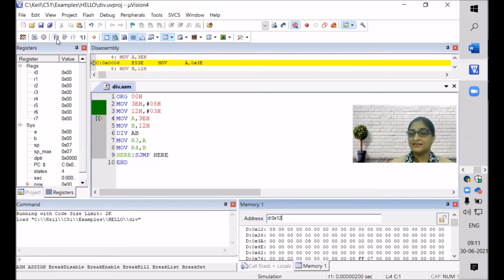Now we are moving this data towards A and B. So here you can check accumulator is having 08 because we have moved from RAM location to accumulator. Next step will be 03 in register B. Move from 12H location to register B. Now we have to perform a div, division operation, right?